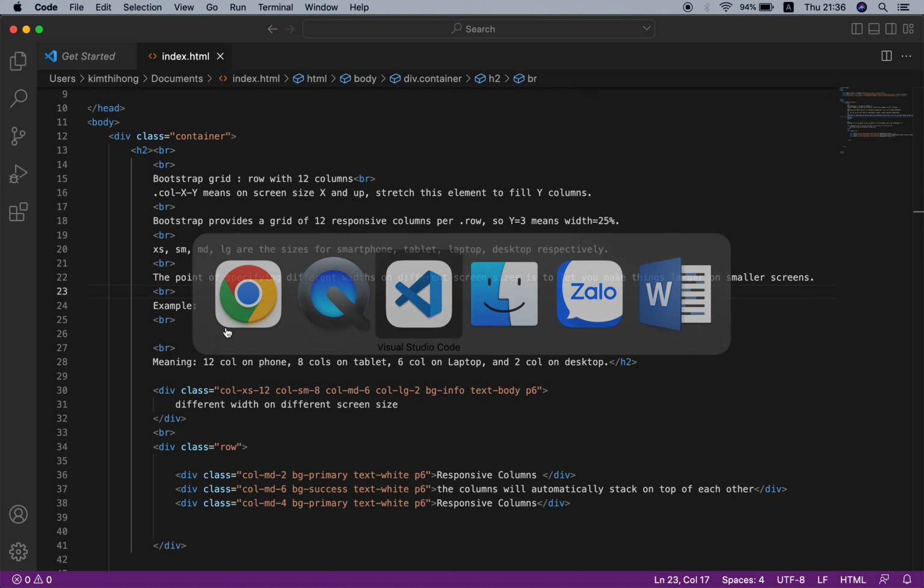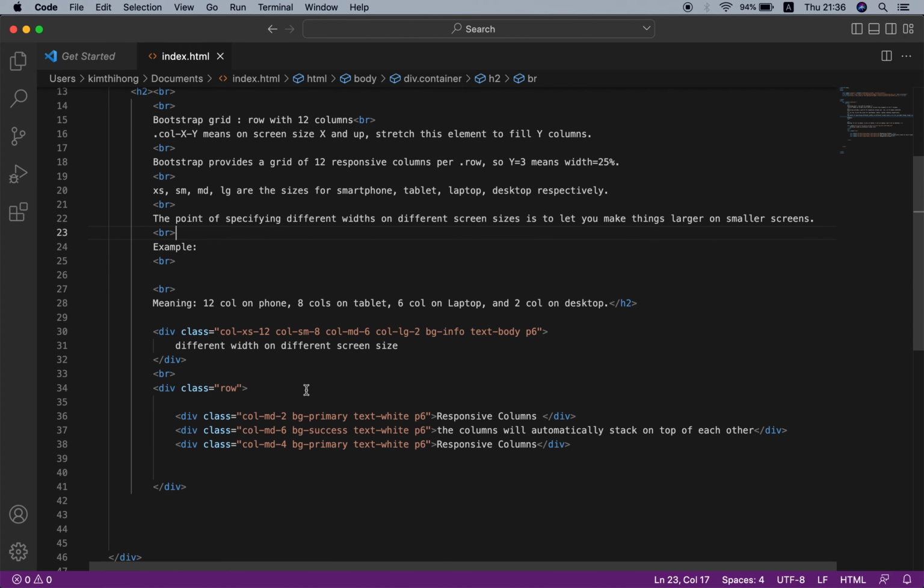And come back to the index.html here. In this section, we have class col-xs-12, class col-sm-8, class col-md-6, and class col-lg-2.